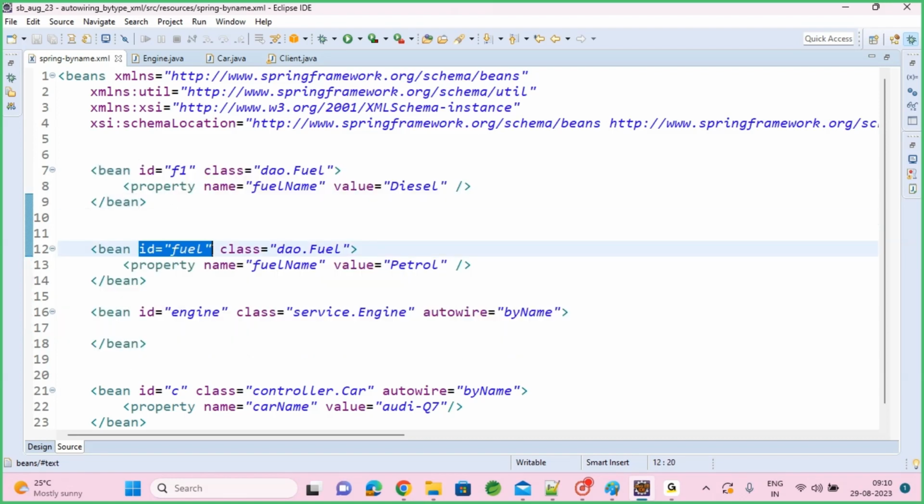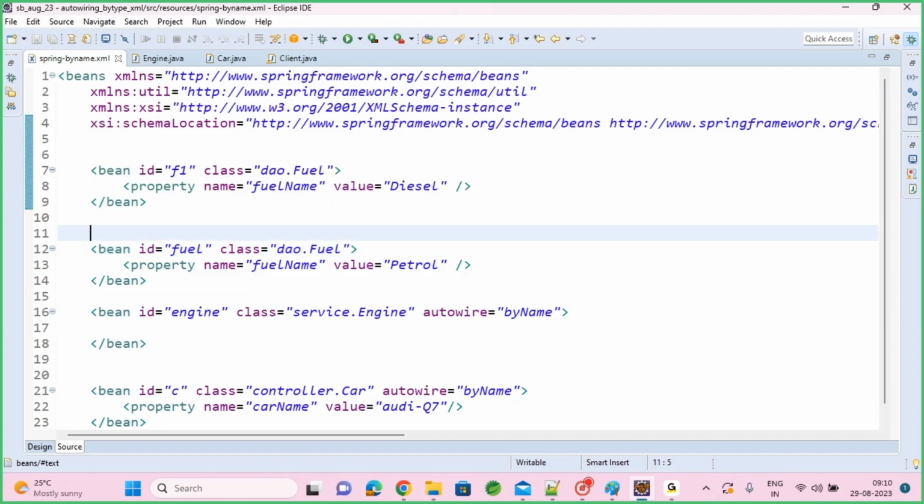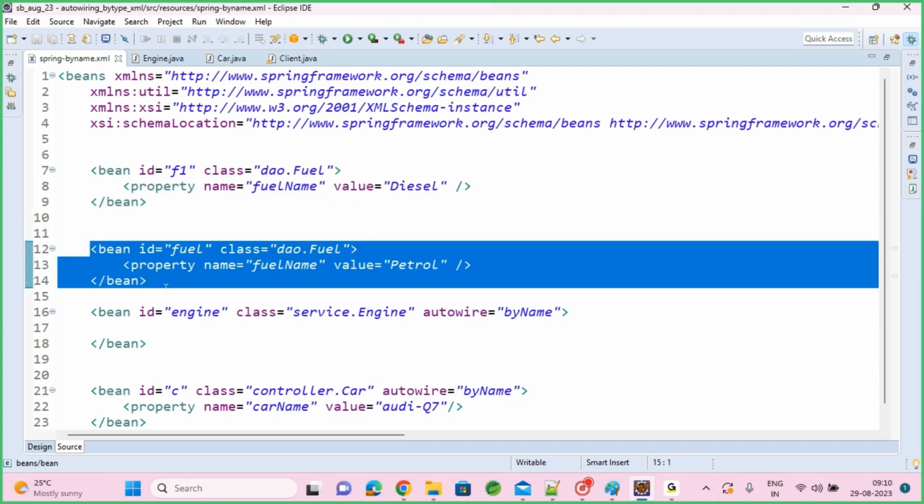So whatever name is mentioned in your setter method, you can't even configure it. Spring is confidently moving towards by type only, because in very rare cases we configure duplicate classes. So there is no chance of getting confusion. Even if you get that confusion, there is a way to resolve it. So that's why they are confidently moving with